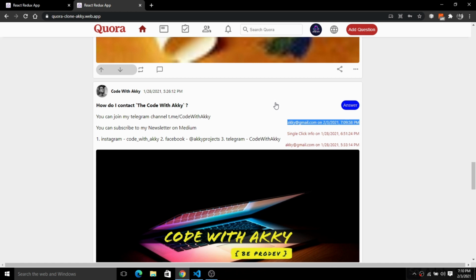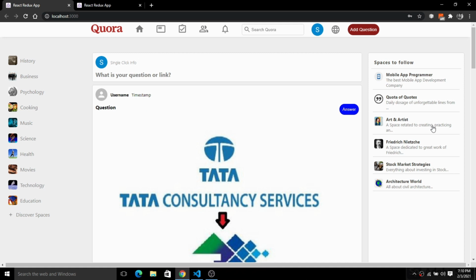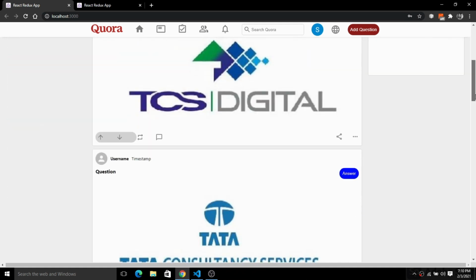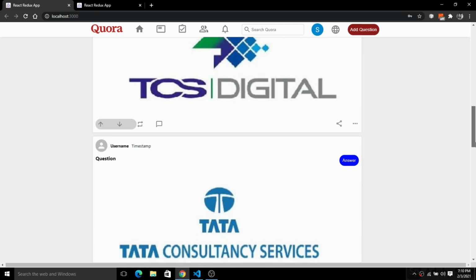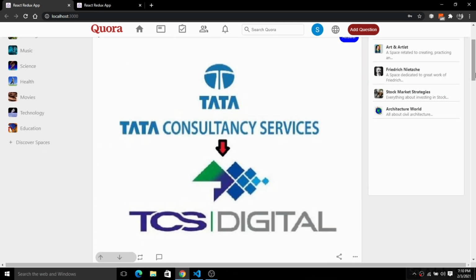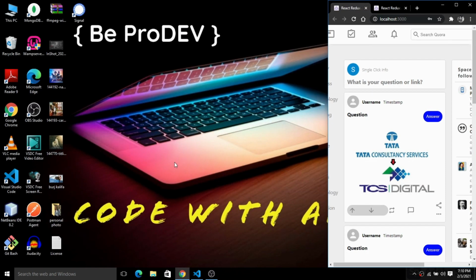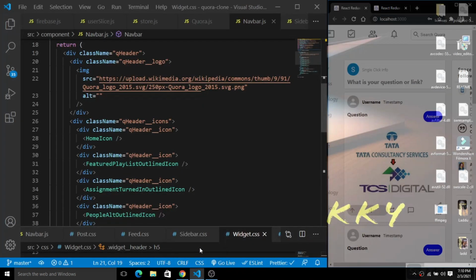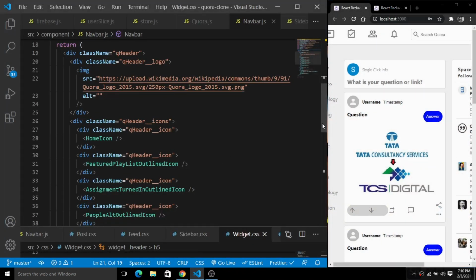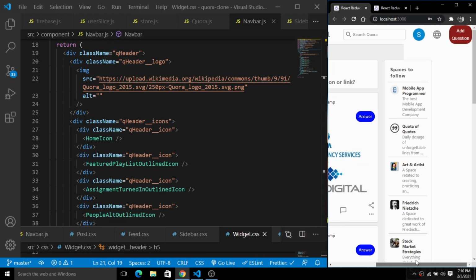Now it's time to do the real coding stuff. This is the build that we have created from the last two parts. We are done with the user authentication, the Google authentication. This time we will add the backend features. You can see we have this navbar.js, and inside this navigation bar we have a button for add question. For this we will have to add the React modal pop-up.